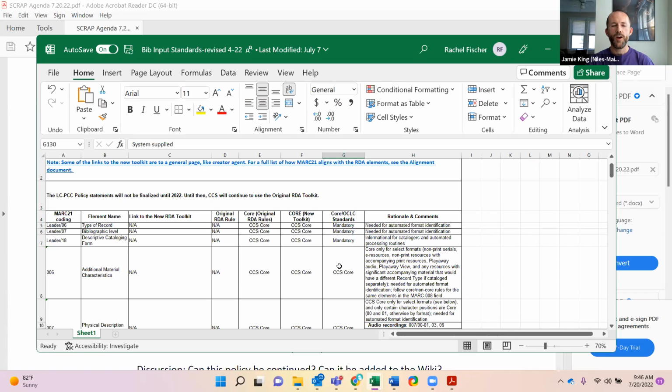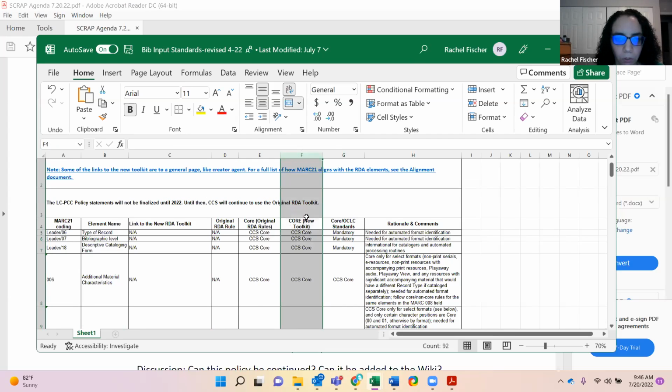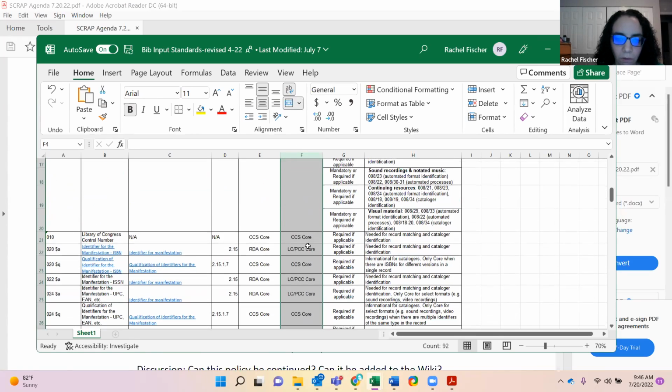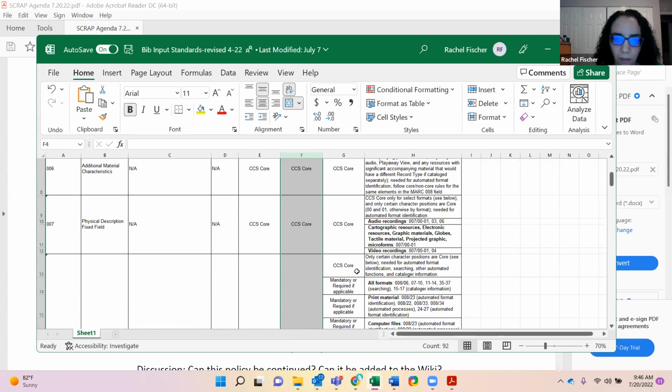Rachel, why do we need more than one column that just says required in CCS? We don't. These are just two different options to choose from. So we're going to have one column on the bibliographic input standards page, but you could choose from either having the LC-PCC statements instead of the old RDA core statements, or the